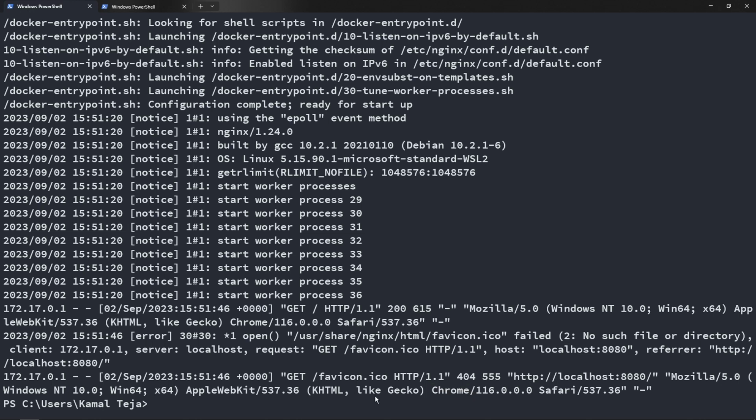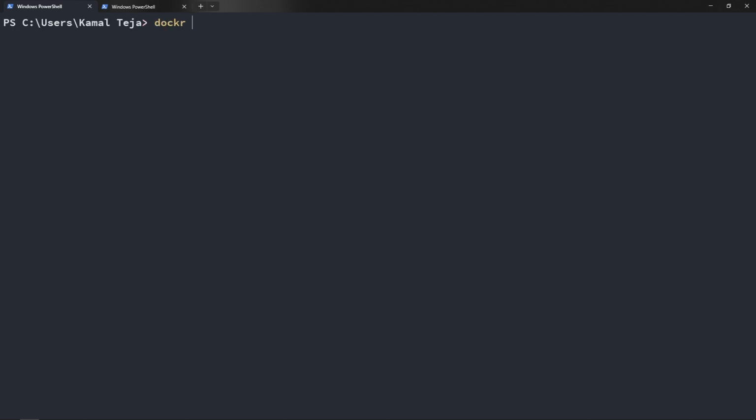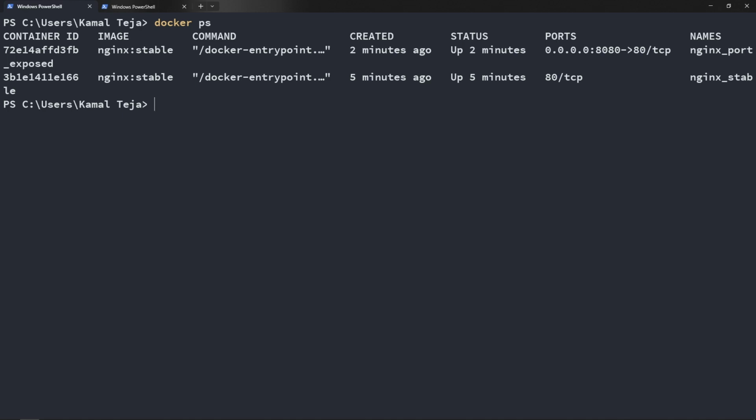So now there's another command called the exec command, which is basically used to log in directly to your Docker container. So let's clear off the screen. Let's type in docker ps once again. Now let's try to log into the first container. So I'll type in docker exec, give a space, -it, which is going to be interactive, and give a space, and then type in the container ID, give a space,